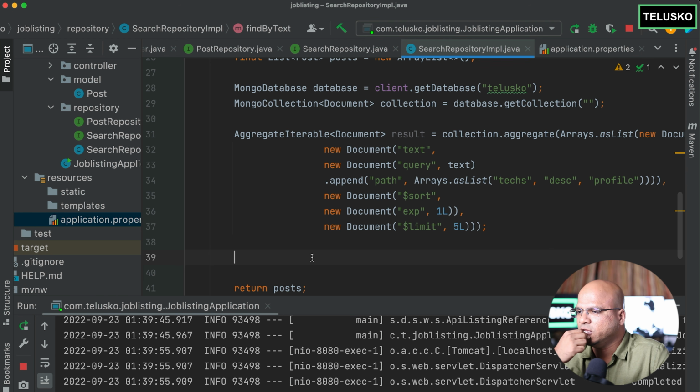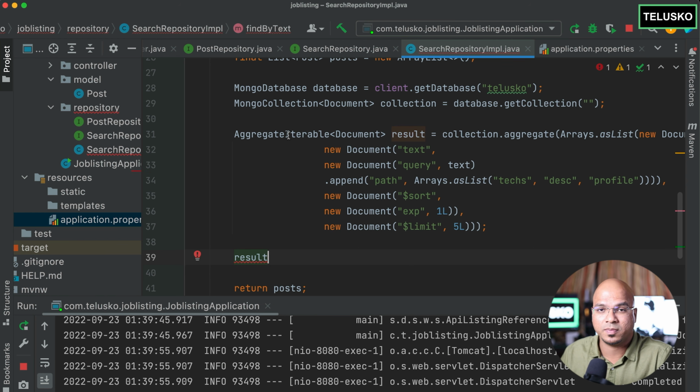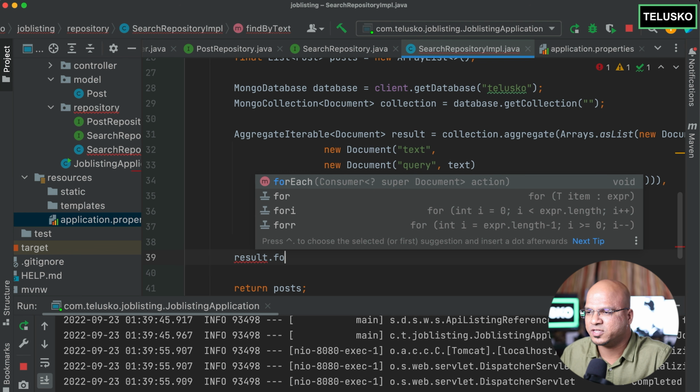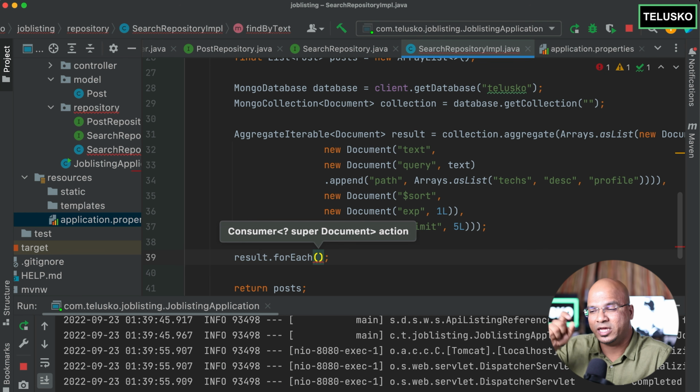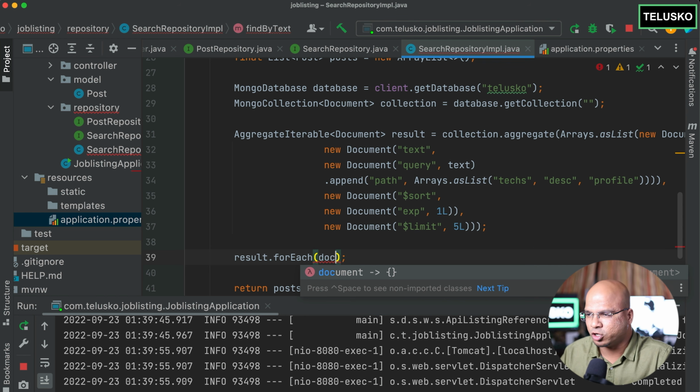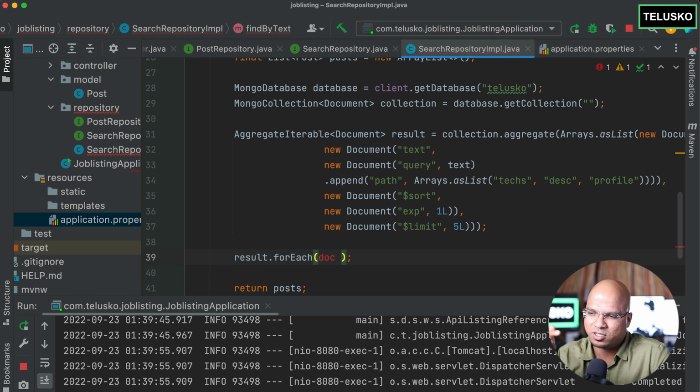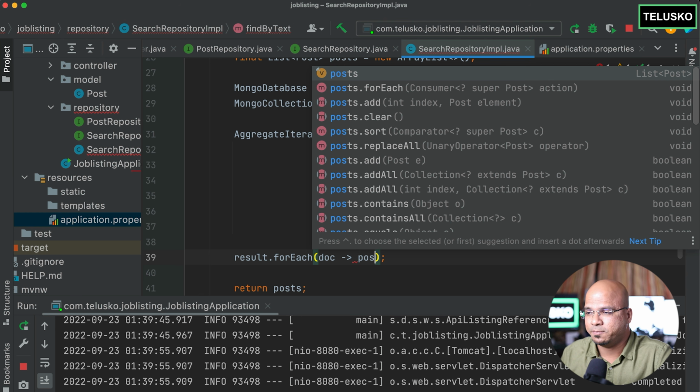And here we need to make sure that we are fetching one by one. So I can use a result here, and result is iterable, so we can iterate between the elements. If I say dot, there is a method which is forEach. So basically we'll iterate between each document. I got a document here, and I will be using a lambda expression here, which is much better. Whatever document I receive for each iteration, I will add that in a post. As simple as that. So I can simply say posts